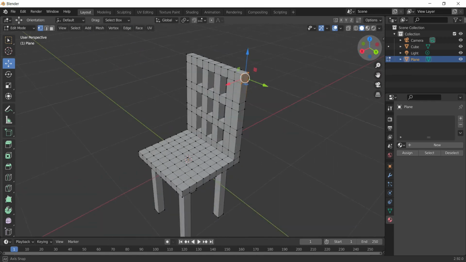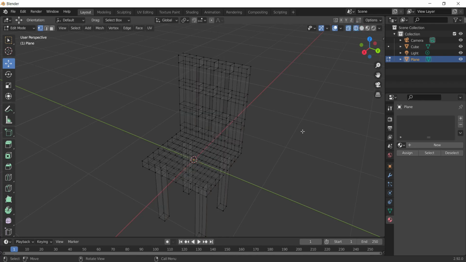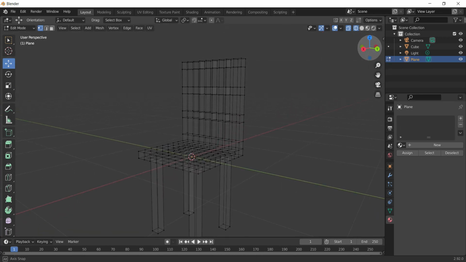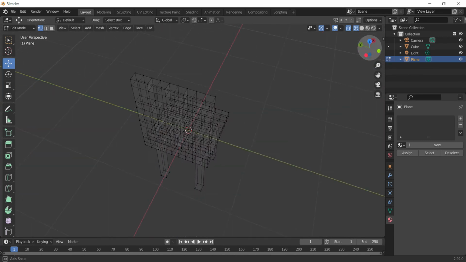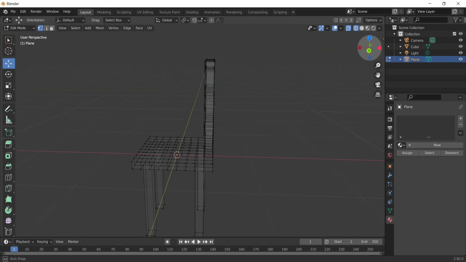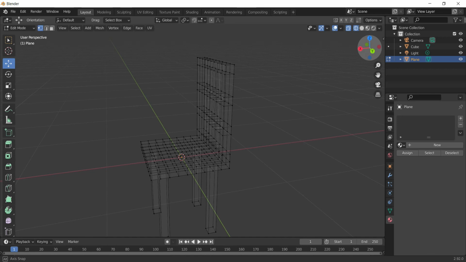For that we need to change the view of our objects. This is called the solid view. So we need to change it to this sort of view, which is called wireframe view. In the wireframe you can see the structure, how your object has been formed, and it also works as a transparent view.